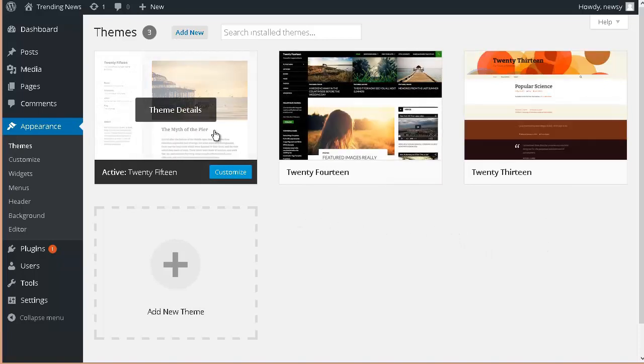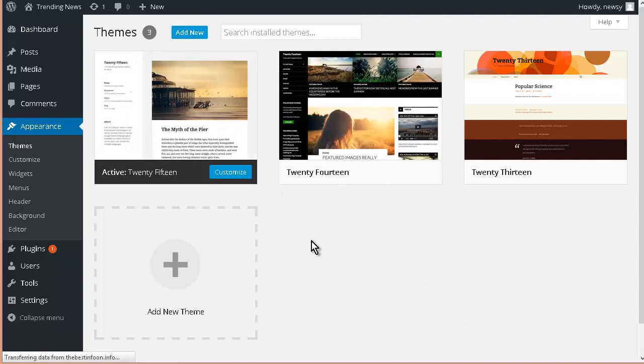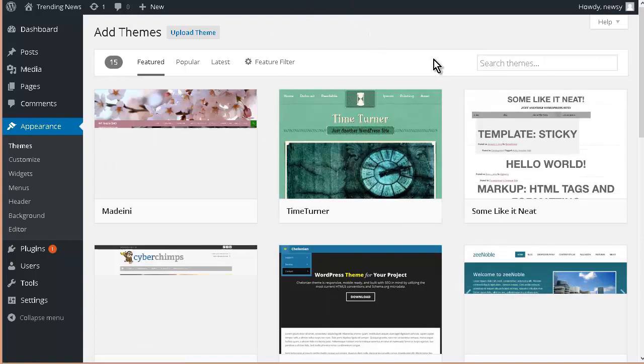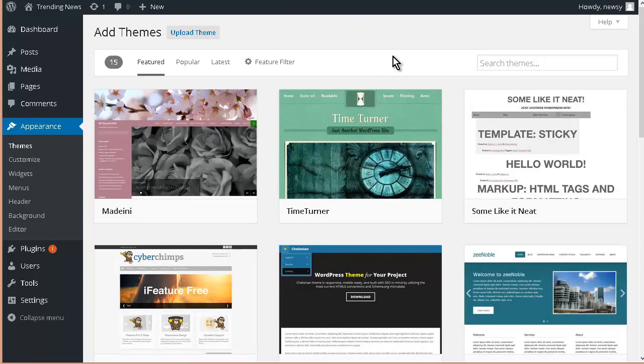I'm just going to use the default theme, but you can go add new here, and then you could do a search within the WordPress themes directory here, and you could find one that you like here. Just make sure it's responsive. You can also go to Google and do a search for WordPress themes and download one of those if you want. But I'm just going to keep it simple because as long as the site looks decent,